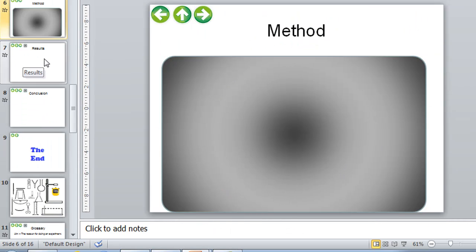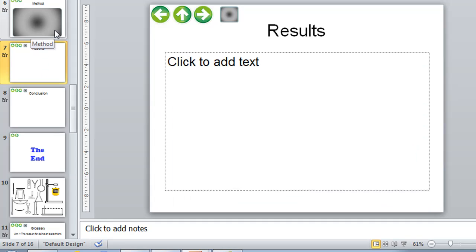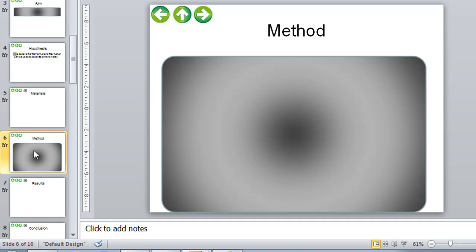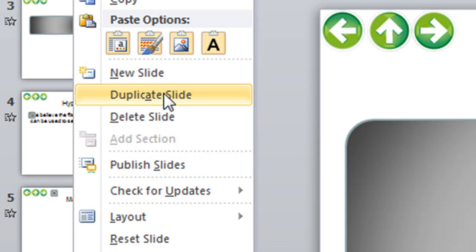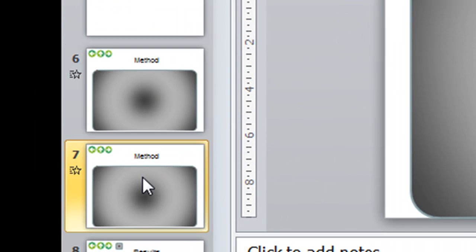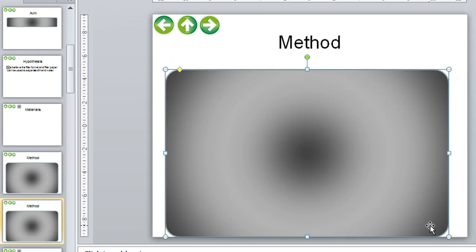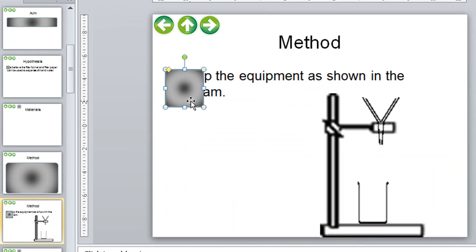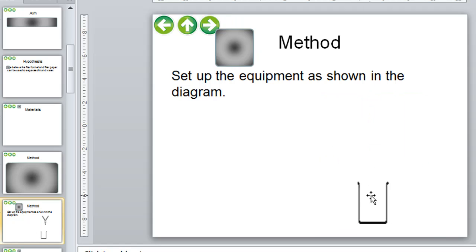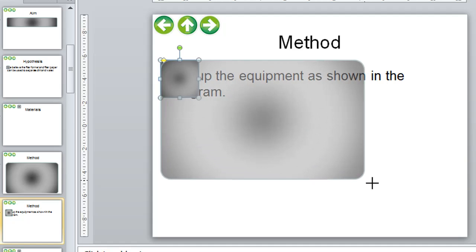Now the next slide is results. I might actually want to have another slide where I add a bit more method, because that's just the start of it. So what I could do then is right click on that slide and say duplicate slide, and here you can see I've got two slides exactly the same. On the second one, I can simply move this box out of the way, maybe take the diagram off by deleting it on the second slide, and type in the rest of my method. I won't do that now, but you get the point. Then you'd cover that up with the box